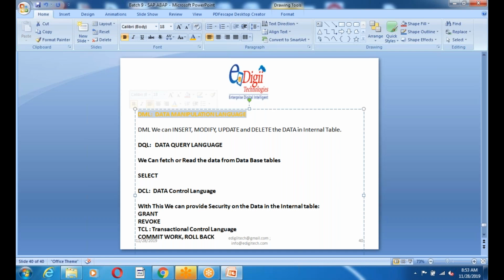And select. Suppose you want to query the data, there is data inside the table. If you want to query the data, or fetch the data, or read the data from the database table, we are going